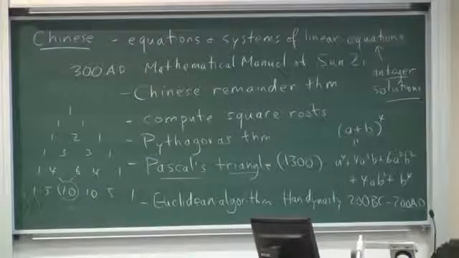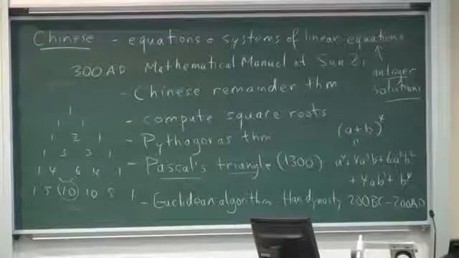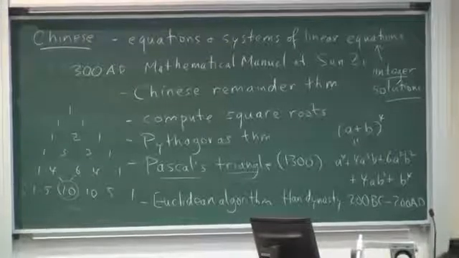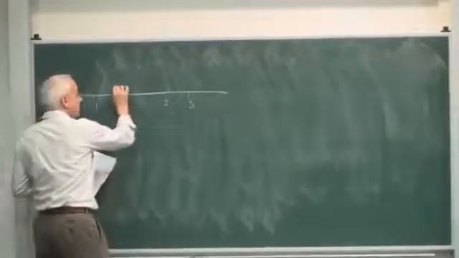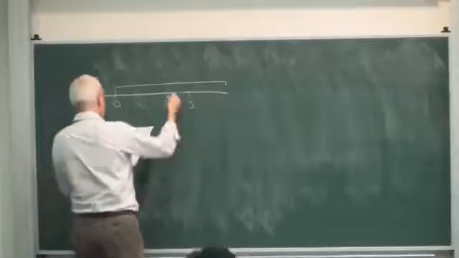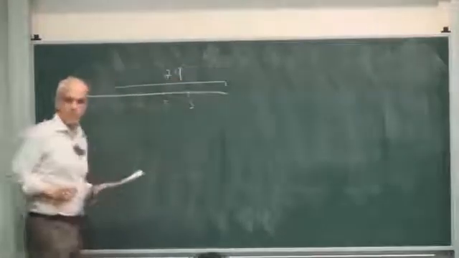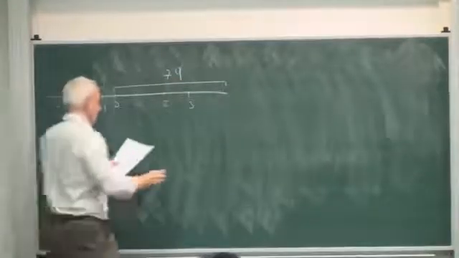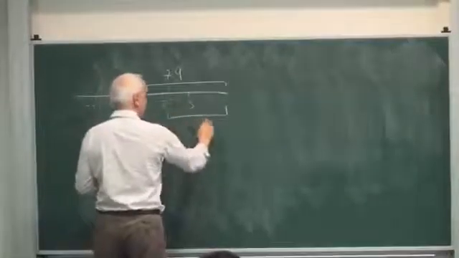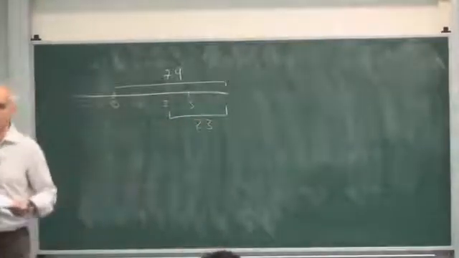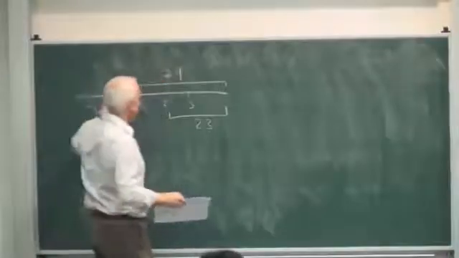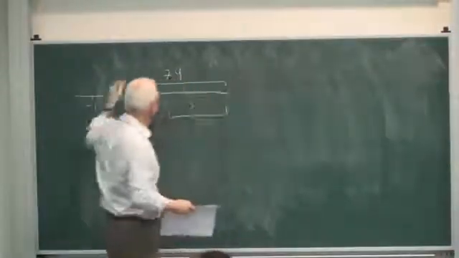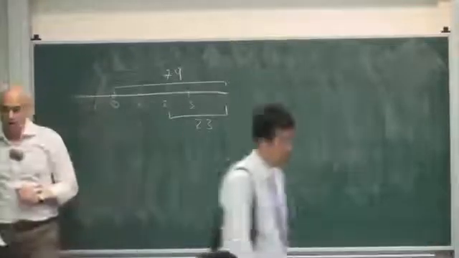So here's an example of the kind of problem that the Chinese were interested in. Suppose that you are on the number line and you can only take integer numbers of steps. And suppose that for some reason you can take a step of size 79, or you can take a step of size 23. And those are the only possible steps that you can take. Okay? So maybe we have two kind of robotic arms or things that move. This one can always move 79 in either direction, and this other one can move 23 in either direction.